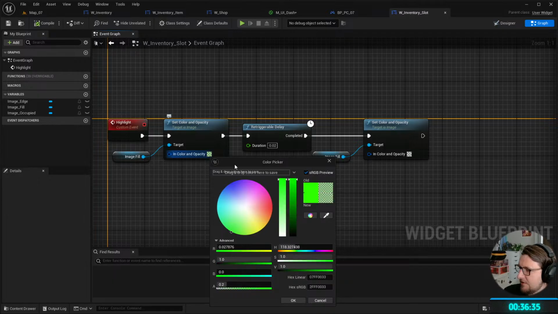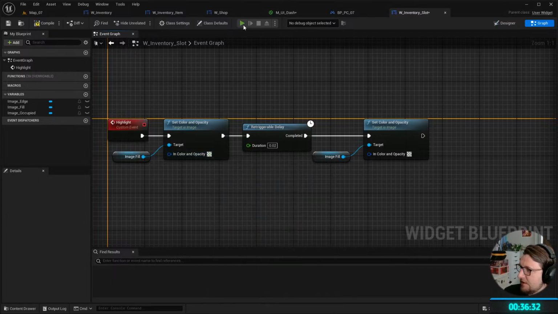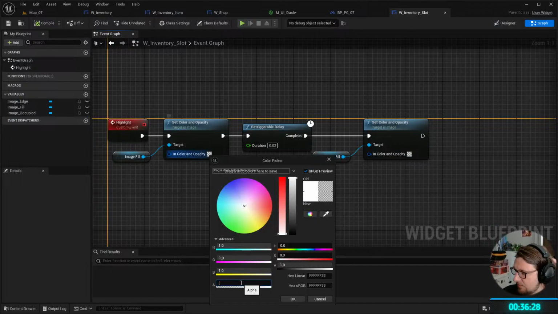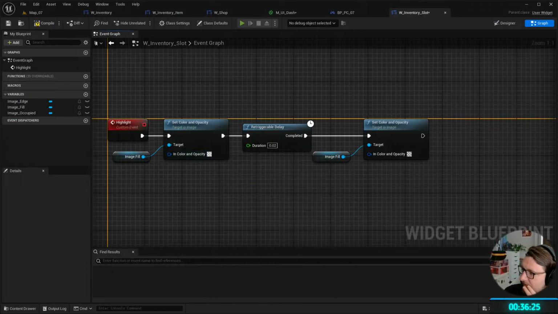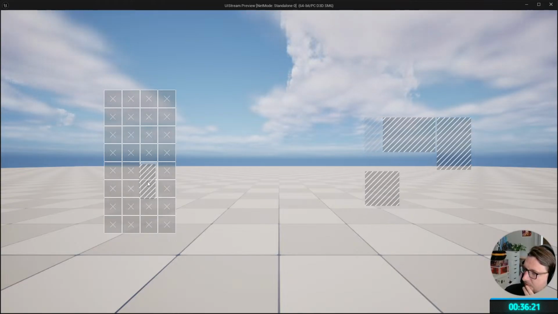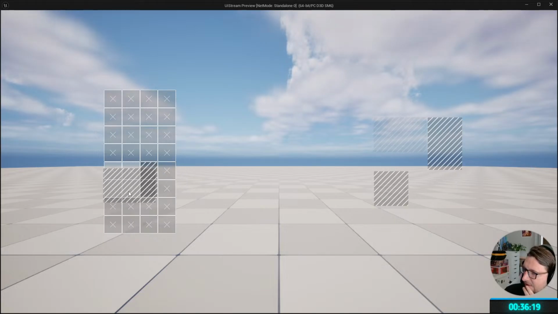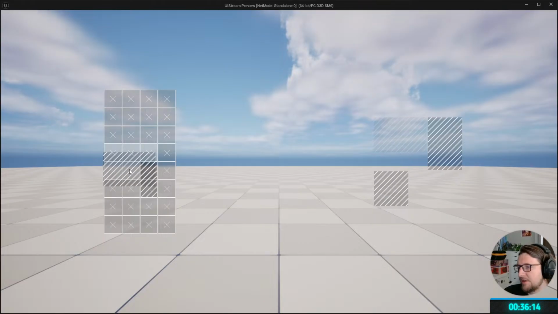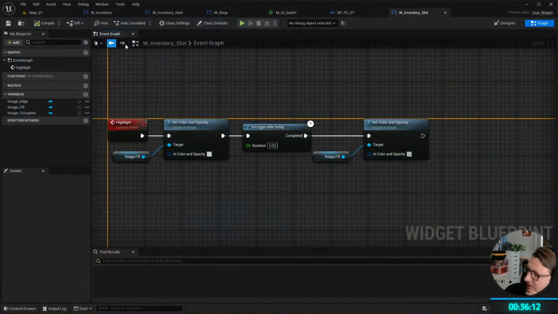Not a big fan of green. Not a massive fan of green. It's too hard to tell. So that's pretty cool. So I could put that there. And then you can see here, because I'm not able to hit that, it's not letting me do it. And also it should be red. Also it should be red. So let's get the red state in. It is similar, right? Yeah, if I open up my reference,